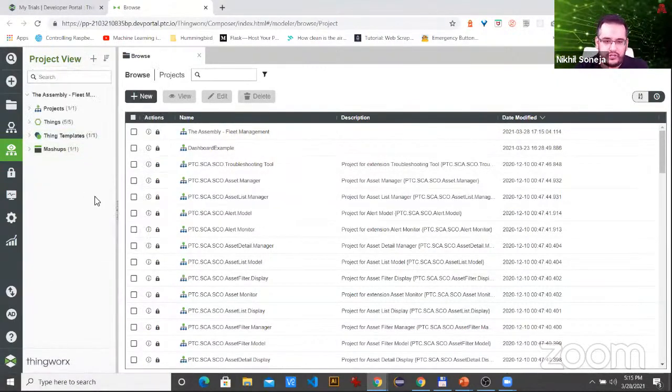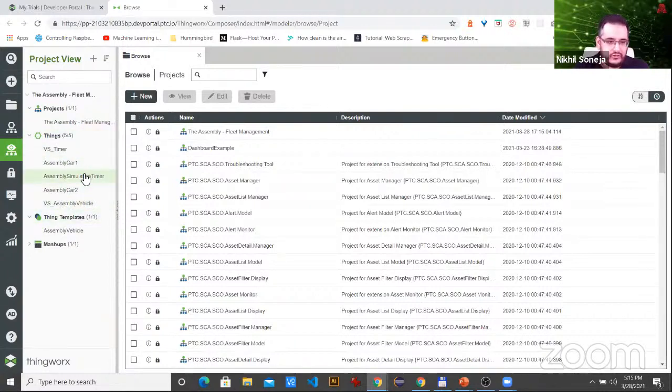So the project that you have just imported, and you would also get the same, of course, contains the project file, but it also contains a few different things, which I'm going to explain to you later, but I just wanted to show it to you here. So there are thing templates. We've already talked about thing templates, and there's also a mashup. A mashup is a web interface, which is going to be our key focus here. So do keep that in mind. Okay, I'm going to come back to my